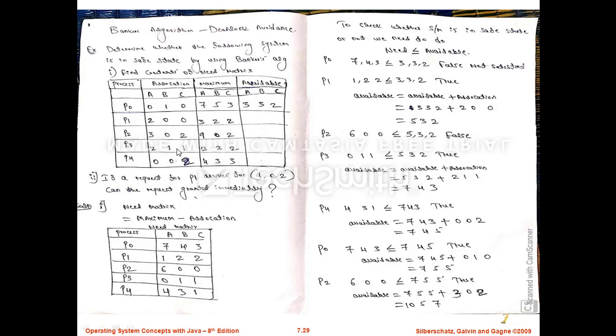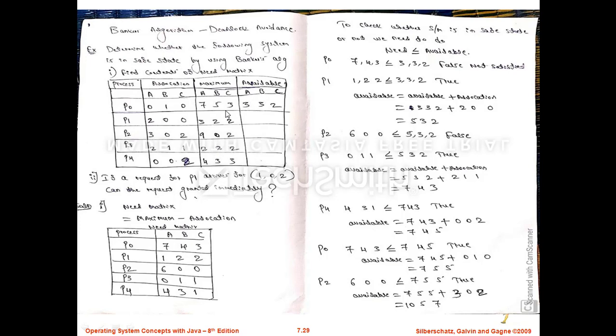Whenever they come to the system, it immediately allocates some resources, but these are not sufficient to complete the execution. To complete the execution, P0 requires a total of 7 copies of A resource type, 5 copies of B resource type and 3 copies of C resource type. But how many has the system allocated initially? 0, 1, 0. Only 1 copy of B. So maximum it needs 753. Then P1 needs 322, but how many have we allocated? 200. P2 needs 902. How many have we allocated? 302. Like this, all have their maximum. This many are required to complete the respective processes.